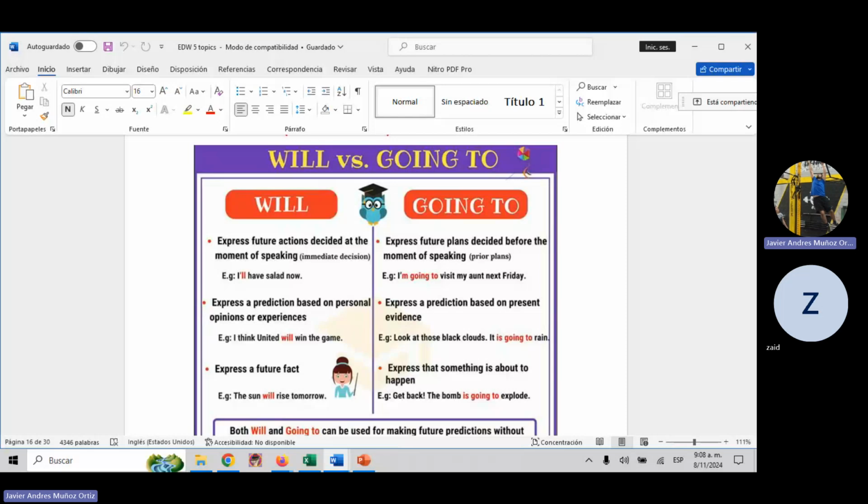Why are they used? We're going to use will when we want to express a spontaneous decision. In this case, we are having decisions with will and going to. Decisions for a future that's normally close or near. So we're going to use will to predict, to mention that something's going to happen in the future in terms of our decision. And this decision hasn't been decided. It's spontaneous. It hasn't been planned.